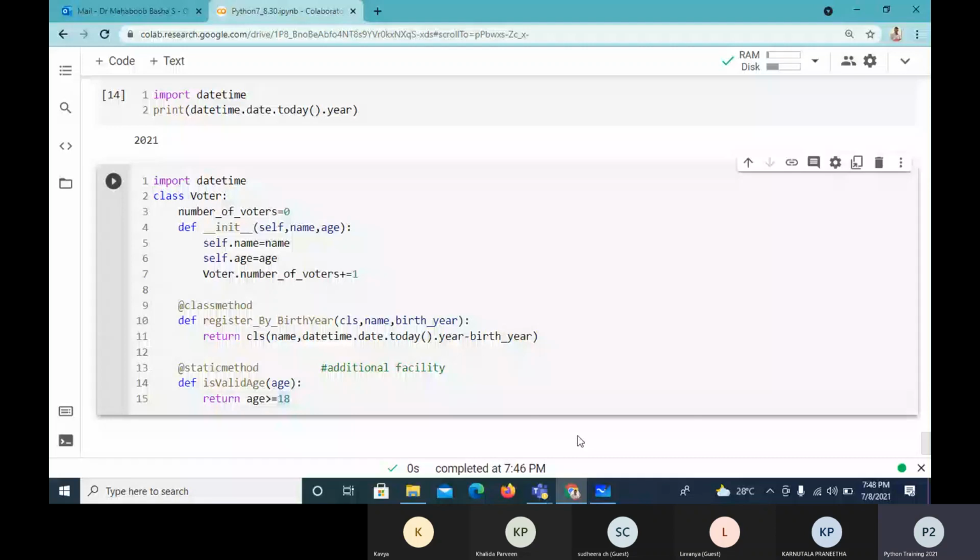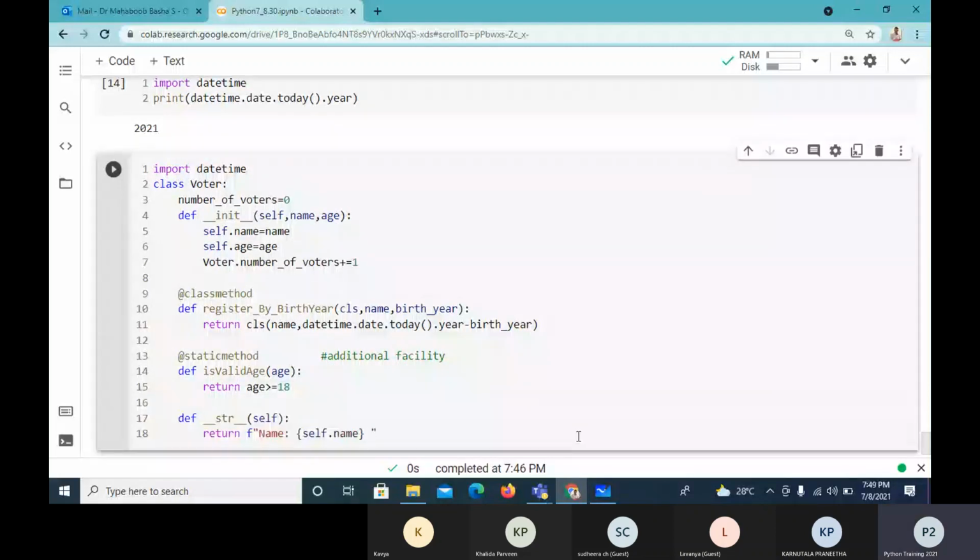So I'll say return, and here I'm formatting something like name: self.name, age: self.age. So this method I'm having now. These are the things I want to have. So I'll make this build the class.